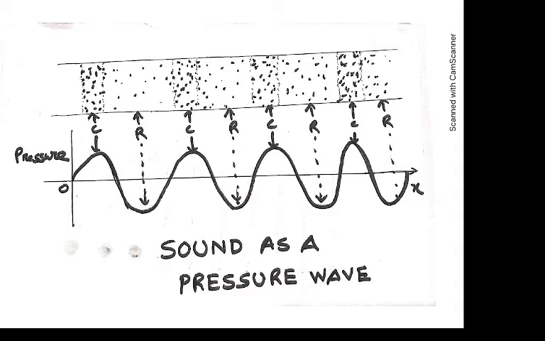So it's shown as a negative cycle in that sinusoidal plot, and in the slide it is represented by the letter R. In this way, successive positive pressure and negative pressure regions will be formed as the sound wave propagates through the medium. For this reason, the sound wave is known as the pressure wave,